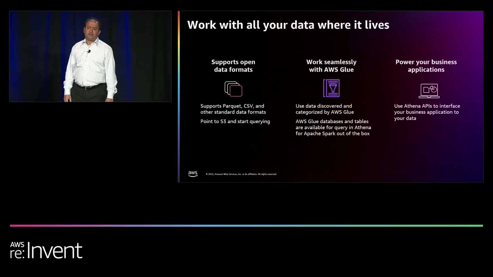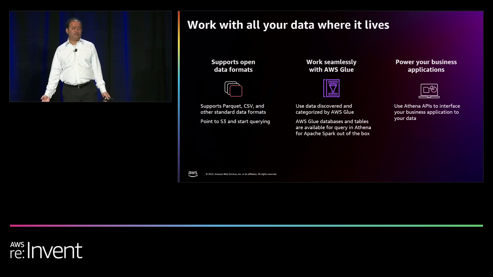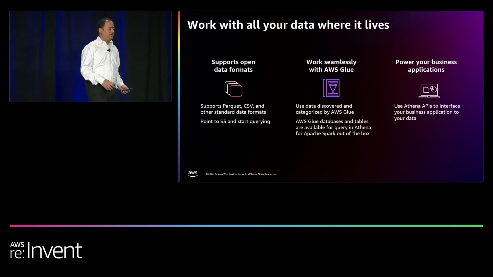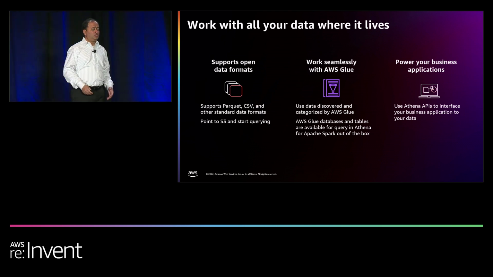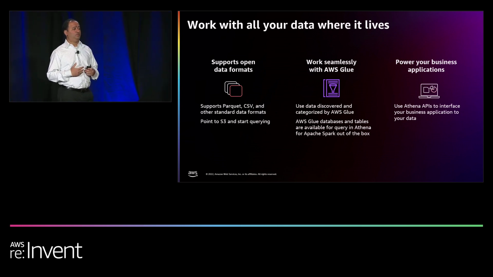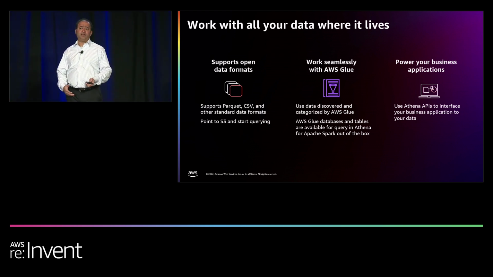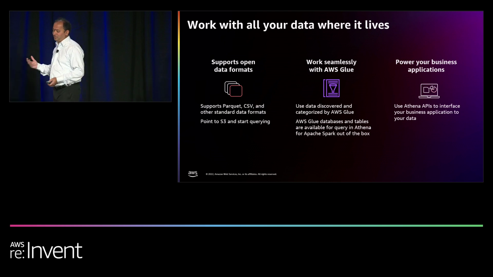The next benefit is you can work with data where it lives. So, Athena for Spark supports a lot of the open data formats, JSON, Parquet, CSV. So, if your data is sitting already in these formats, you would be able to point to the data directly in S3 and start querying without any pre-processing. Similarly, once you are finished querying and you want to write the data back in these open data formats, you can do so, making your results portable across multiple software.